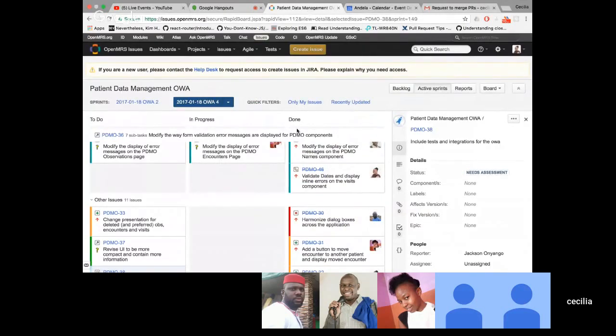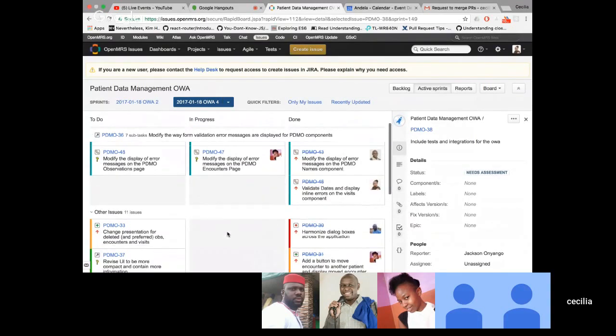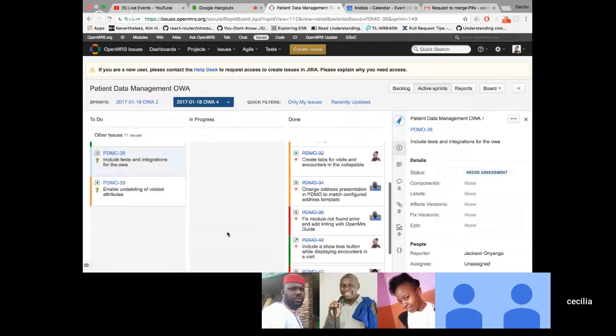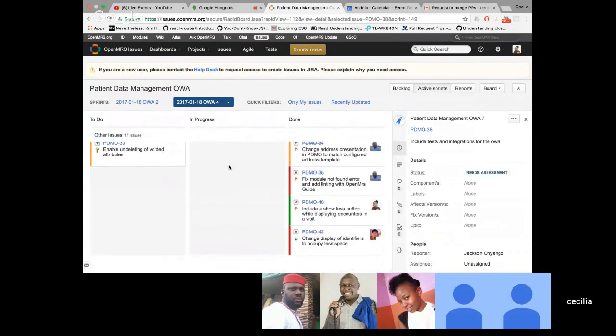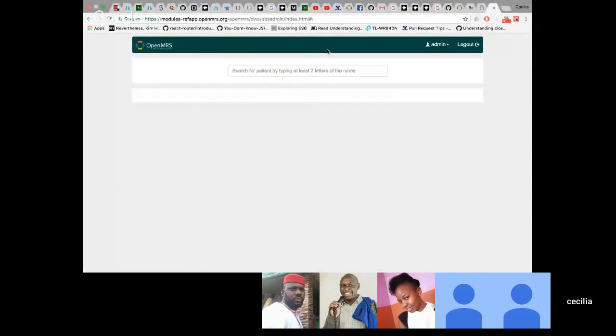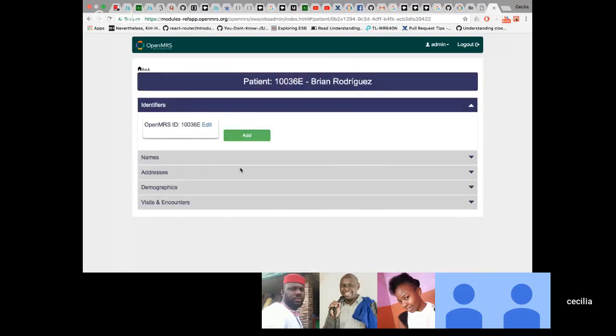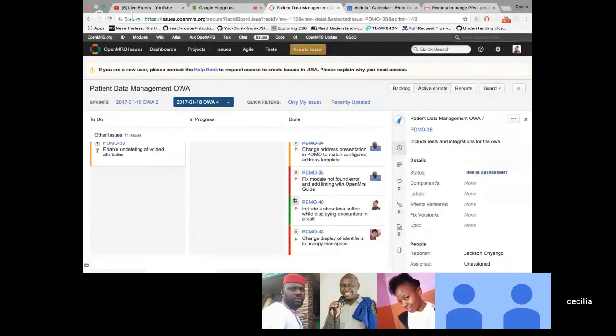Okay, I will first go through the tickets we are working on this sprint. This sprint basically was to correct bugs we had noticed on our previous sprint, and we had several tickets to work on. I'm going to go through each one of them as I demo the changes that we've made. So I'm going to go to the ref app and demo the new changes. I'm going to search for someone by the name Rodriguez or someone, and I click there. So one of the tickets we worked on was